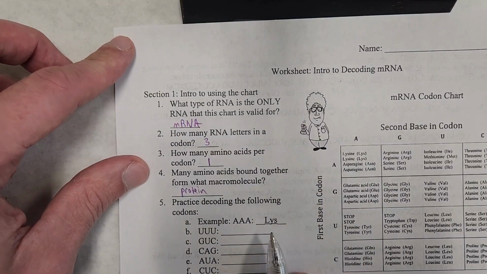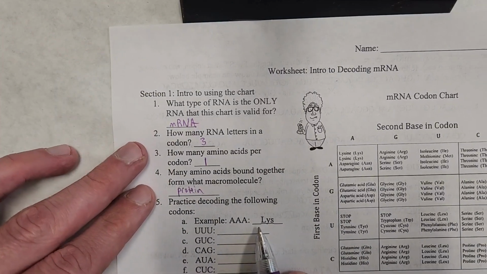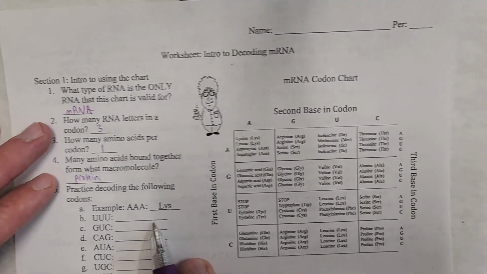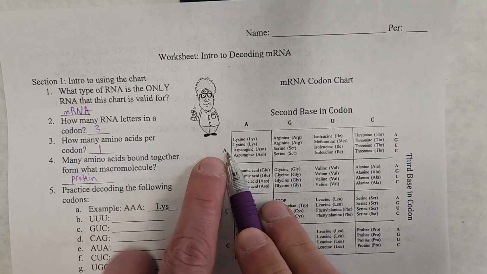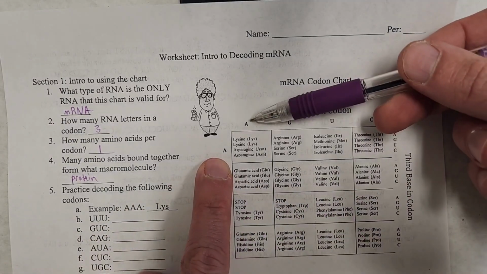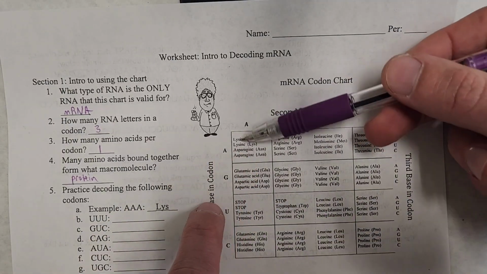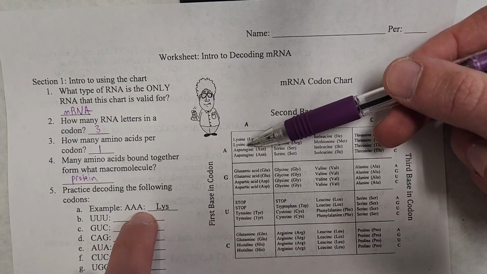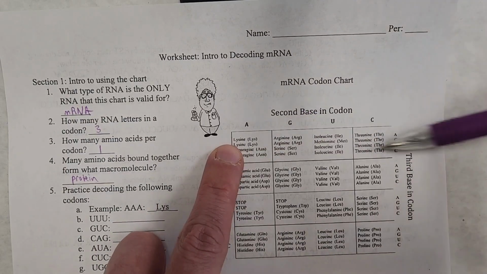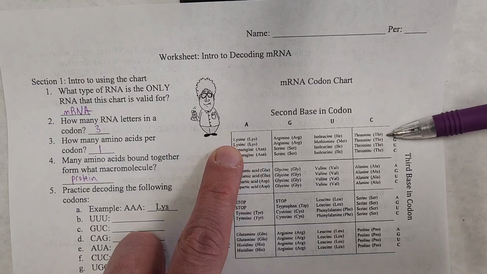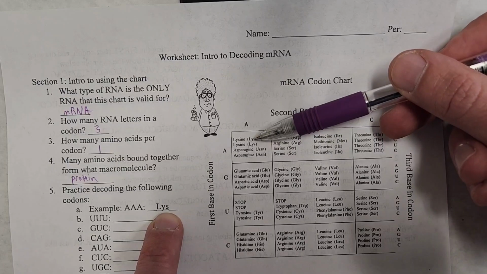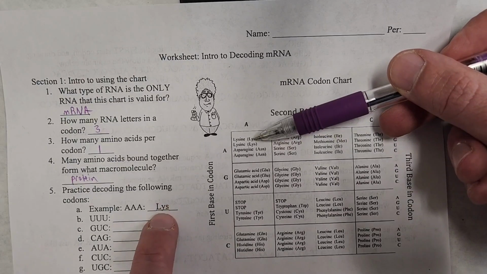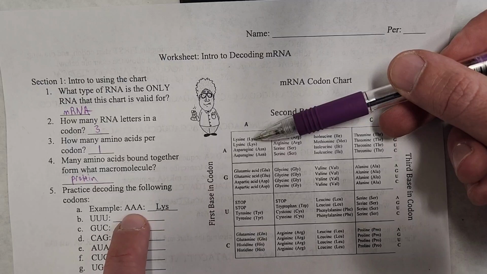So, if, for example, you have AAA, the way you read this chart is you take the first letter of the code, find it here. The second letter is also an A, and they come together in this box right here. The third letter, A, tells you which of these 4 to use. See how A is the top right here? Follow it over. It's lysine. That's why I wrote lysine here. You can simply use the 3-letter abbreviation, but LYS is the abbreviation for